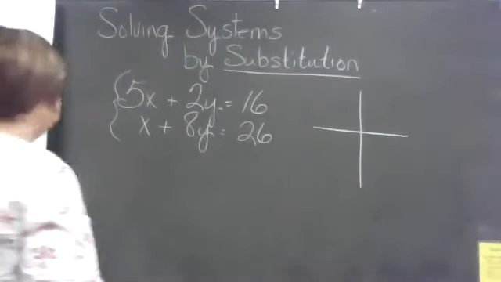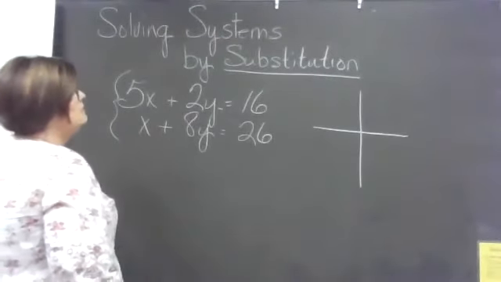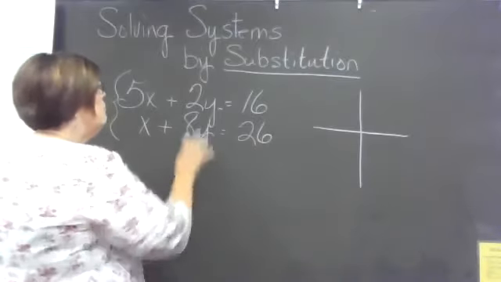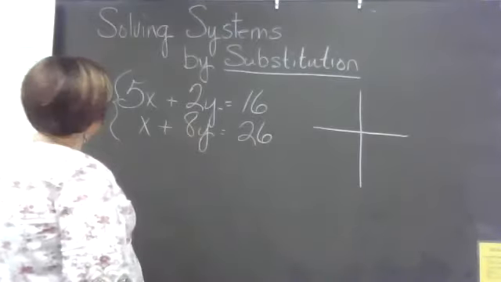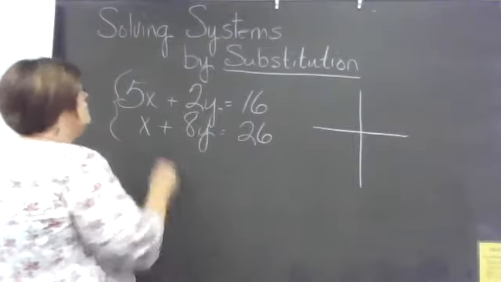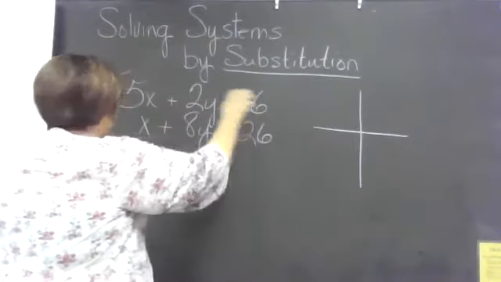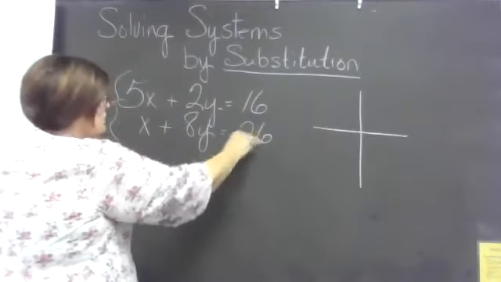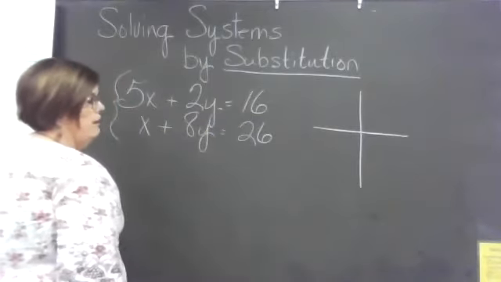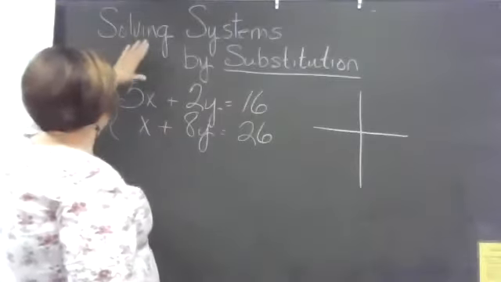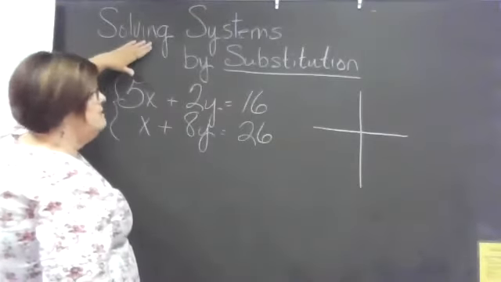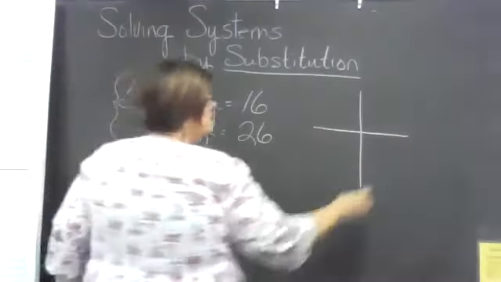Solving systems by substitution. A system means more than one linear equation. Linear means that this equation will create a line on a graph, and this will also create a straight line on the graph. Now, when we solve, or when we finally find the answer, what we're finding,